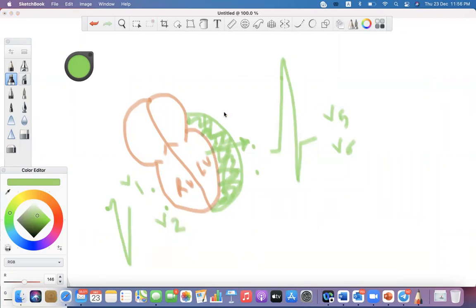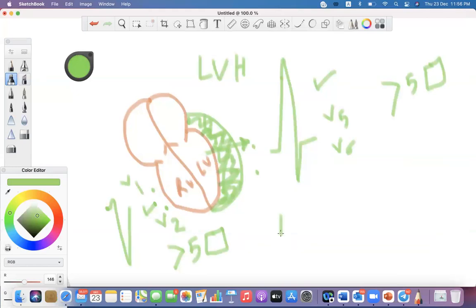Okay, so the characteristics of left ventricular hypertrophy, or what we call LVH, is presence of a deep S in V1 and V2, and tall R in V5 and V6. And there is a criteria for this. If the deepest S in V1 and V2 is more than 5 large squares, or the tall R is more than 5 squares, this is characteristic. Or if the tallest R